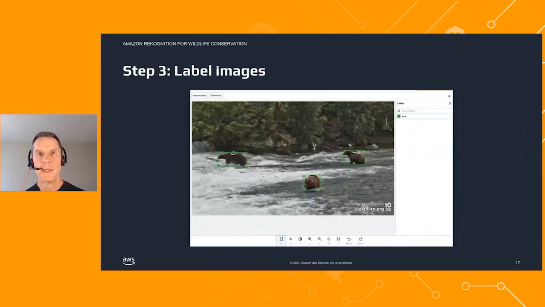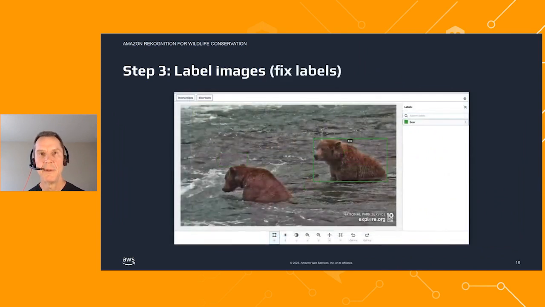You can also use the Custom Labels interface to add labels directly into your data set. But since my manifest already had these labels included, I can just view them using the interface. Alternatively, we could have used Ground Truth for a larger labeling job, especially if we want to farm them out to a broader workforce. I did find a few errors in my data set, things that I must have missed while using the application initially, like this bear on the left where there's a missing box. So I adjusted the labels in the Custom Labels interface directly, since there were only a few.